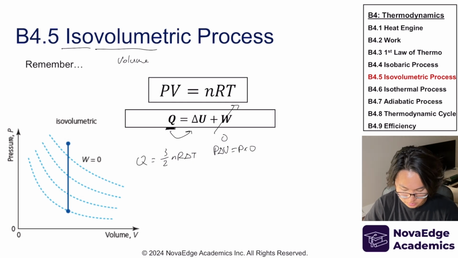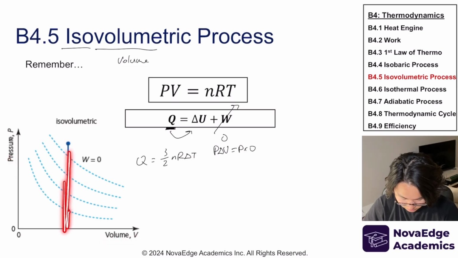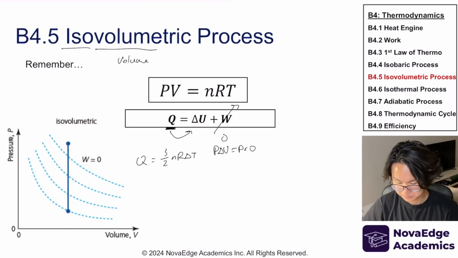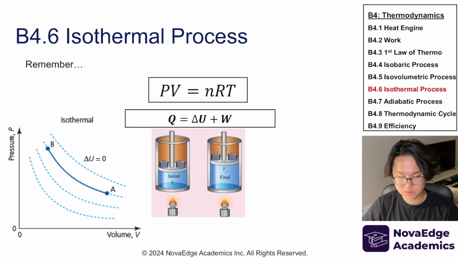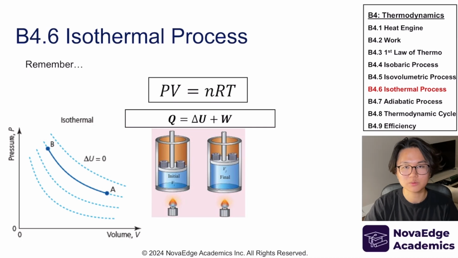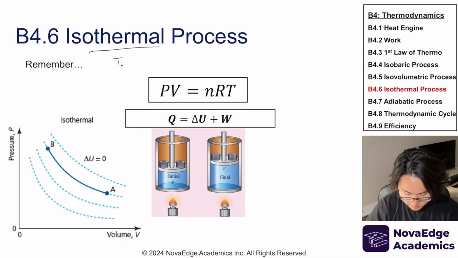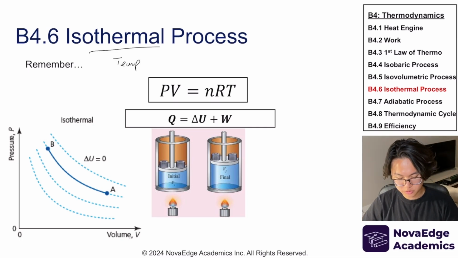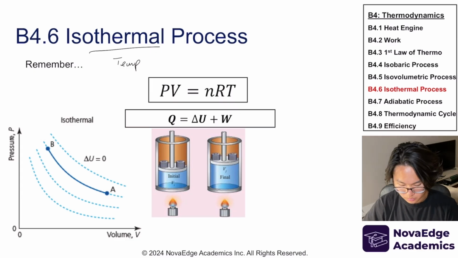Okay? And in a graph of P versus volume, it's expressed like this because volume is not changing, it's only one volume, okay? So now I'm going to talk about the isothermal process. Again, iso is equal, thermal this time is temperature, right? So you're keeping the temperature equal by letting the piston expand on its own in a very, very slow and